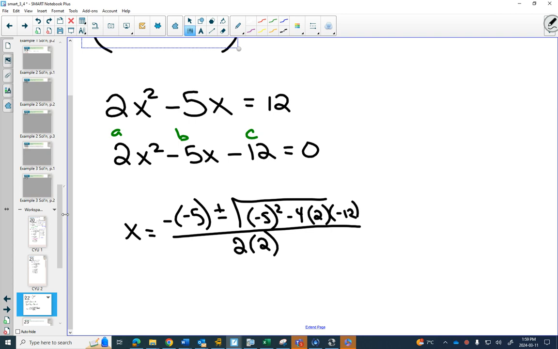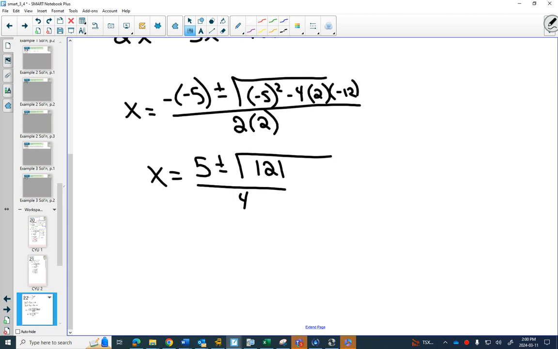Especially when you're substituting in negatives, it's important to have brackets. I don't think you ever substitute brackets into something. So negative 5, well, that's going to become positive 5, plus or minus, and here we're going to get 25, and this, big numbers, 25 plus 96, 121 over 4. And you may notice,